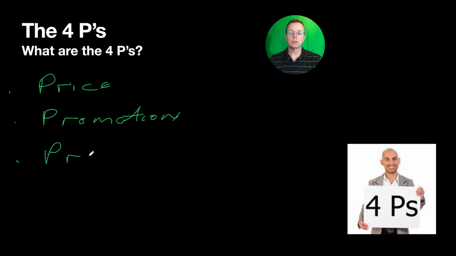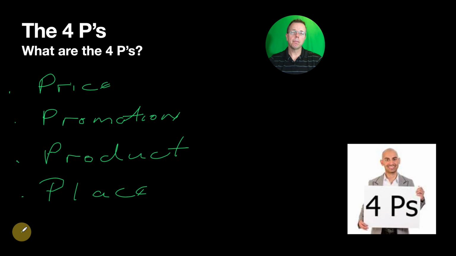Product. These are the three that everyone tends to remember. Can you remember what the last one is for those that have taken marketing before? If you said place, you'd be bang on. Okay, so those are the 4 Ps, and like I mentioned earlier, some books and some websites start breaking it